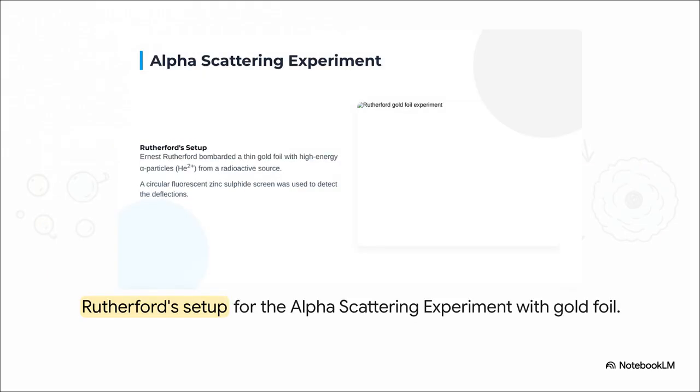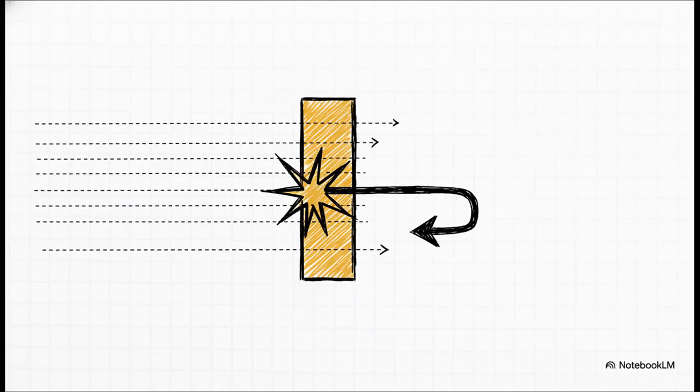Thomson's student, Ernest Rutherford, decides he wants to test this watermelon theory out. So he sets up the extremely famous alpha scattering experiment. He takes a super thin sheet of gold foil and bombards it with high-energy alpha particles, which are positively charged. He surrounds the whole thing with a fluorescent screen so he can literally see where the particles land. Now, based on Thomson's model, what he expected was that the heavy, fast alpha particles would just blast straight through that soft watermelon. But that is not what happened. What actually happened completely blew their minds.